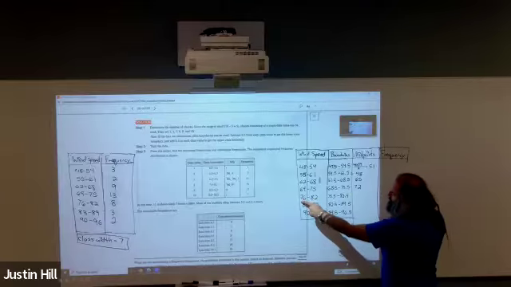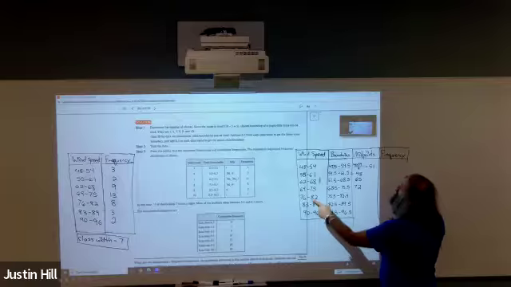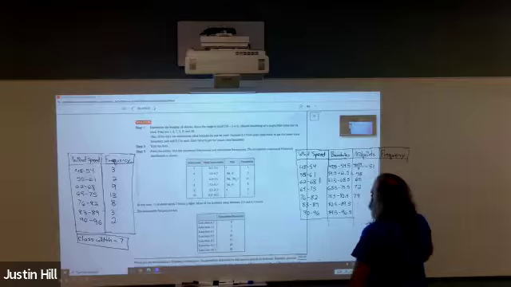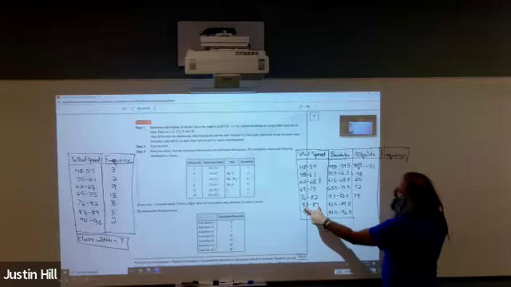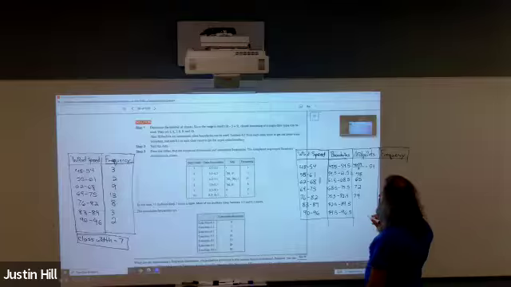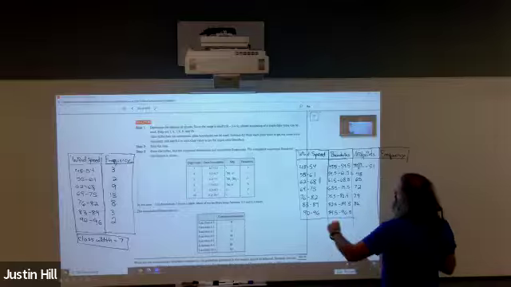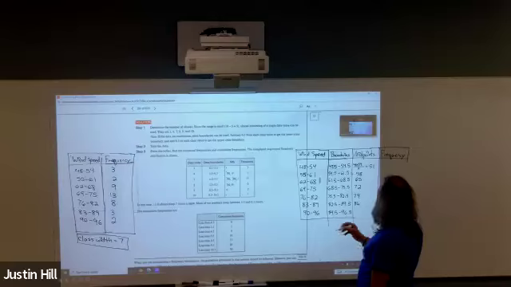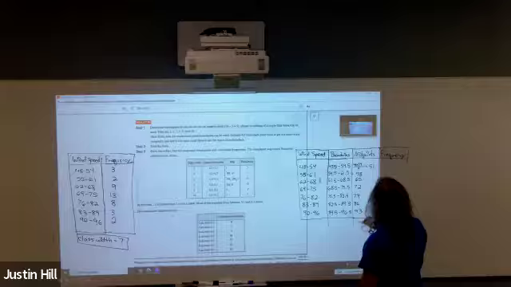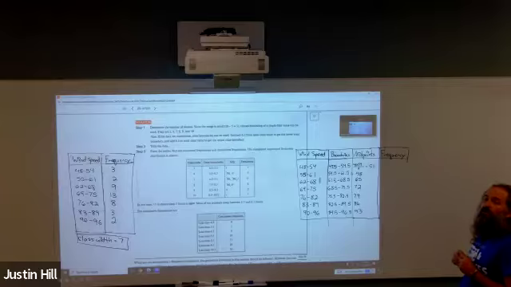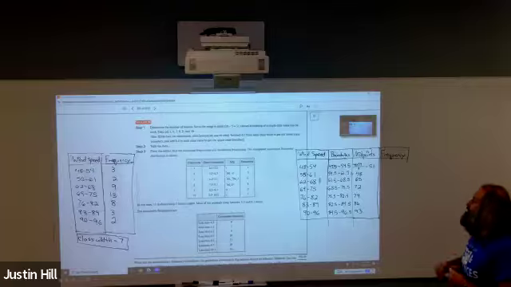For the fifth class, 76 and 82 is 158. Half of that is 79. 83 and 89 is 172. Half of that is 86. Then between 90 and 96, that's 186. Half of that is 93. So those are the midpoints of each of my classes. That's a good way to calculate it.